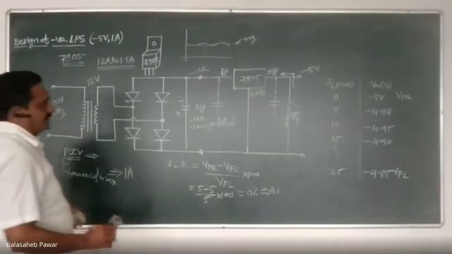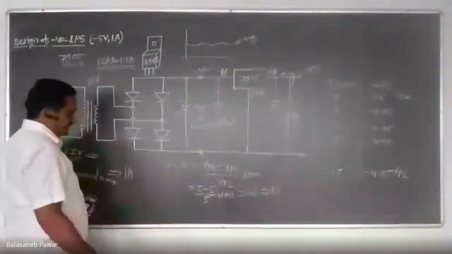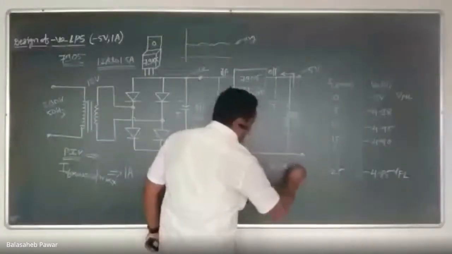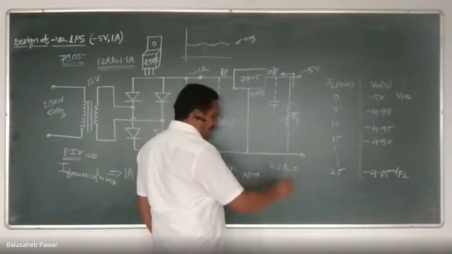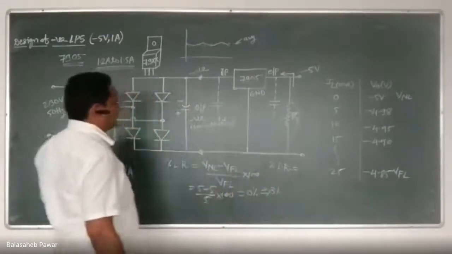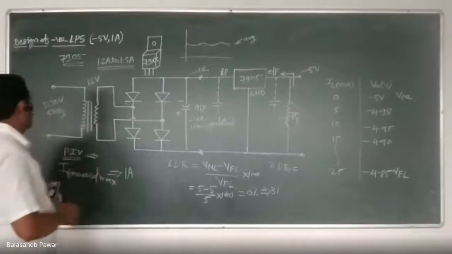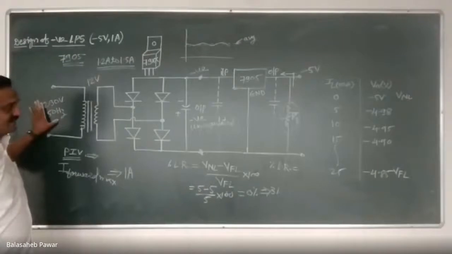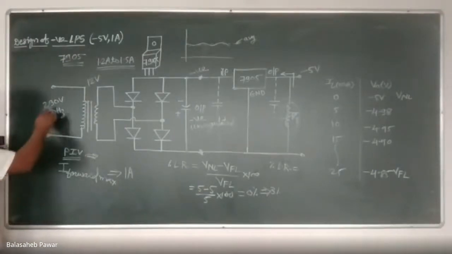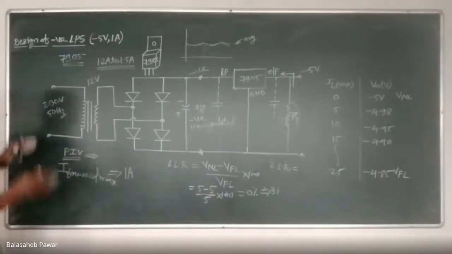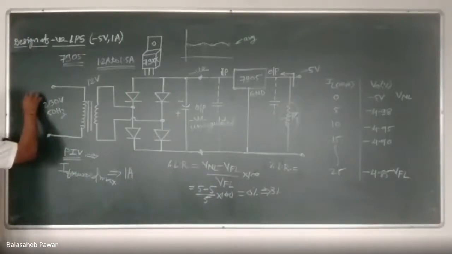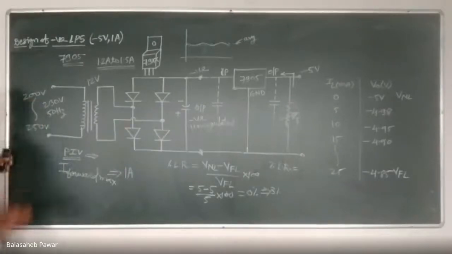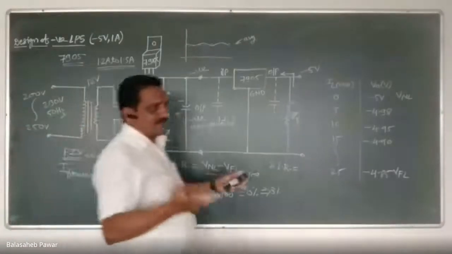Then another term, that is percentage line regulation. Again, you can indicate it by the same abbreviation, percentage LR. Now it is line regulation, not load regulation. What is meant by percentage line regulation? Generally we consider the input to the system as 230 volt, 50 hertz. But we can't assure that the input voltage will remain 230 volt. There may be a fluctuation, like it may become 200 volts, also up to 250. Are you getting it? It might be 230 or might not be.